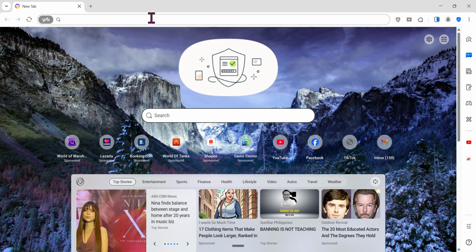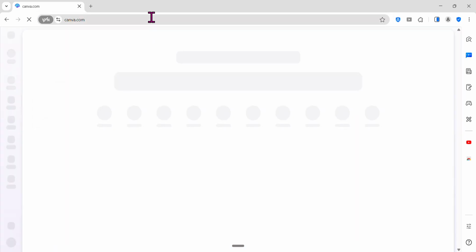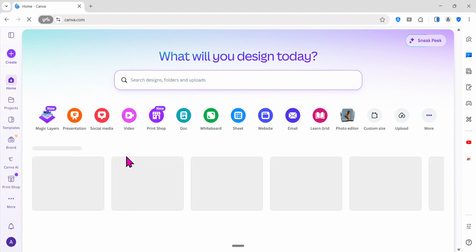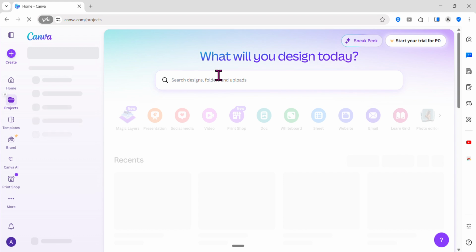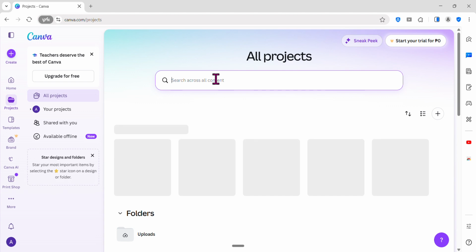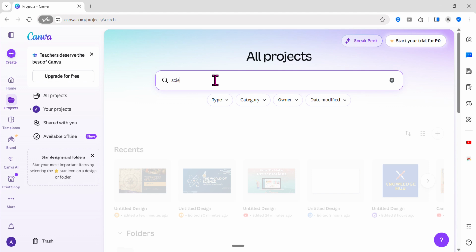So I'm gonna teach you how to make a presentation using Canva in 2026. Just search Canva and then go to project and then search up any